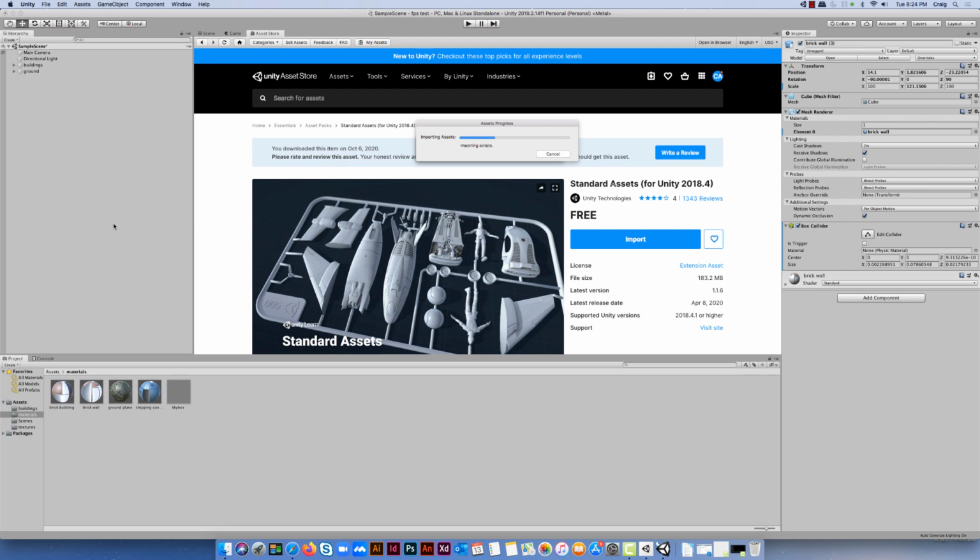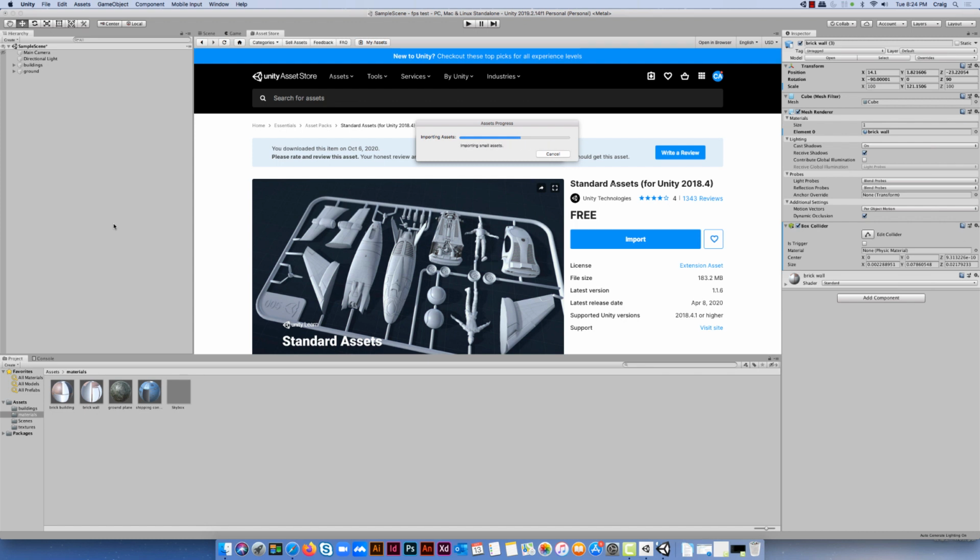So the assets include a number of materials and objects and things like that, which you can use in any Unity project. But the important thing here is that once it's installed, and it'll take a little bit of time, the asset that I want to bring in will be under characters, and it will be a thing called a prefab. And a prefab is a preset and pre-scripted element which we can bring into Unity. So you really only need to download the standard assets once, and it is just taking a little bit of time to load up,